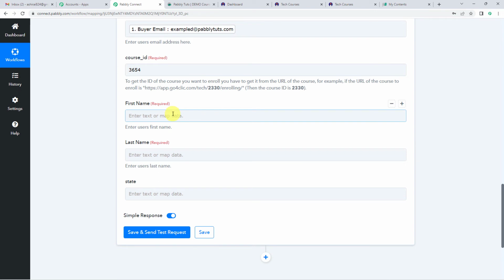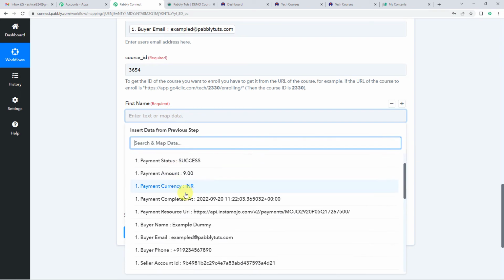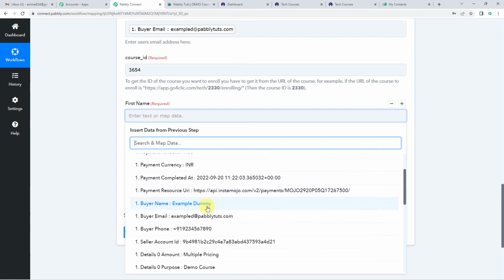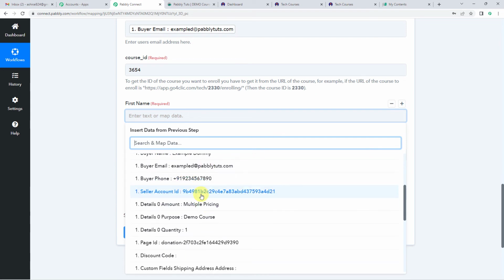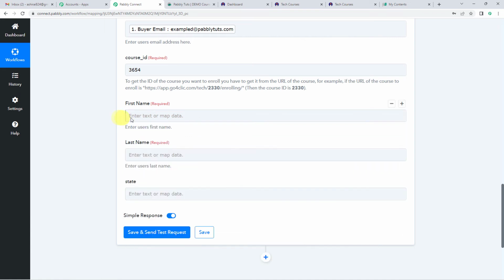Now it needs first name. Again we are going to map it from Instamojo. Let us scroll. So you will see the full name here. However, we want first and last name separately, like you can see in the field here. But in Instamojo, it's showing together. Example dummy, that is the full name. It is showing full name here. Since we will be needing them as separate names,